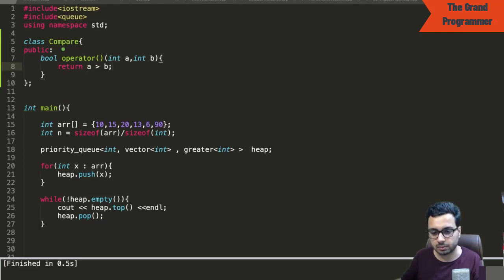This function is public because it would be called from outside the Compare class. We have this operator, which means we are overloading the round brackets, and whenever we do a comparison we get two numbers as arguments, and based upon the logic it will return true or false. So if a is greater than b, it will return true. So instead of doing this, if I simply send the Compare class,